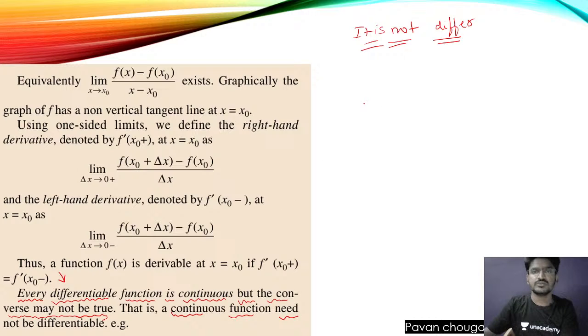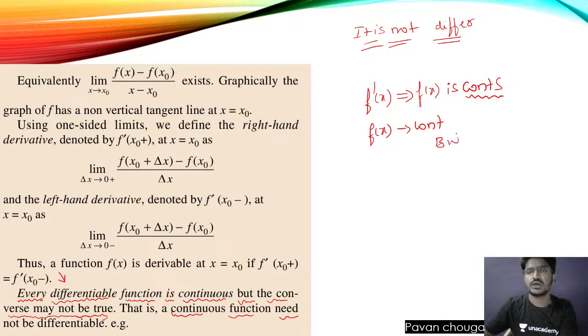That means if f dash of x exists, it implies f of x is continuous. Clear? Suppose f of x is continuous, but f of x may not be differentiable,